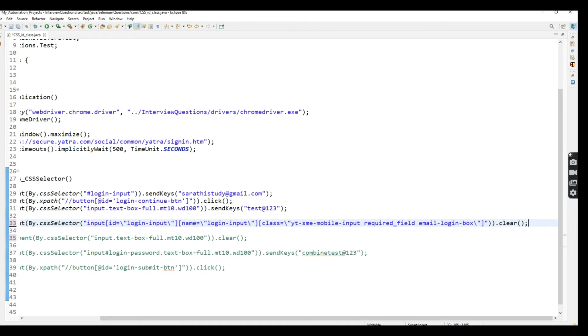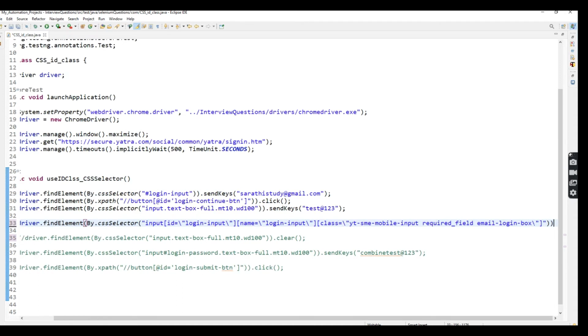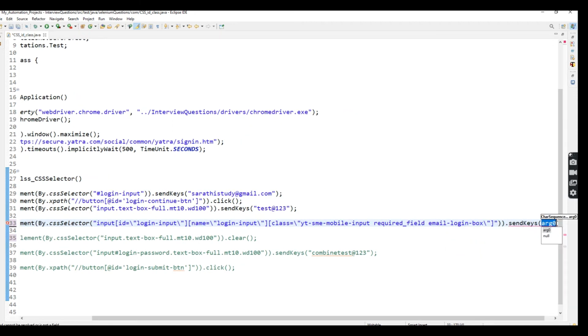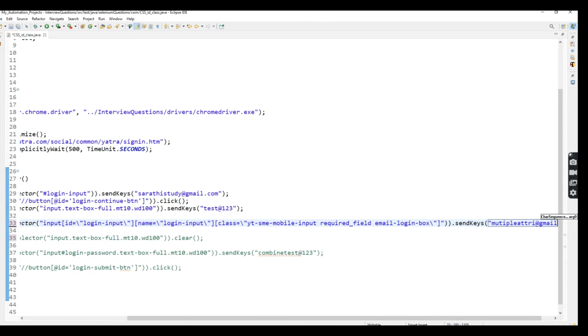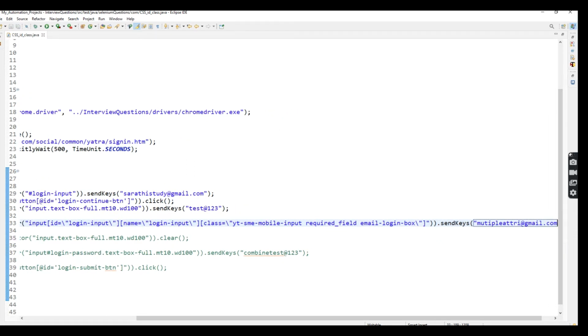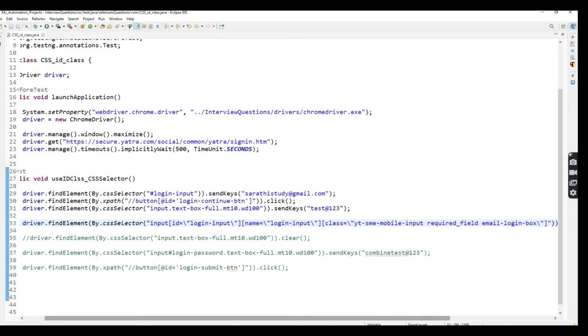Here I'm going to put send keys: multiple three gmail.com, and this is the invalid one. After the send keys, this also I'm commenting out. This is the password one.